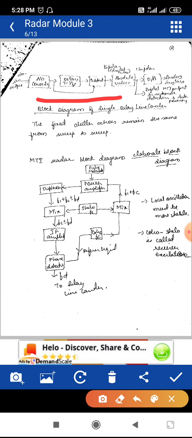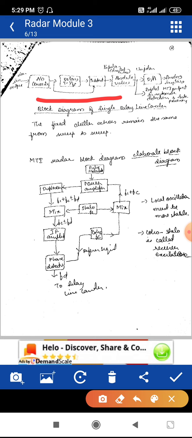So delay is taken and both signals, that is the first signal which has arrived and the delayed version of the signal, are subtracted. The output is bipolar, which we have to convert into unipolar using only the absolute value. Then if we want to display the unipolar signal on a PPI screen, that is the plan position indicator screen, to detect the target we have to again convert into analog form. Therefore we are converting bipolar to unipolar.